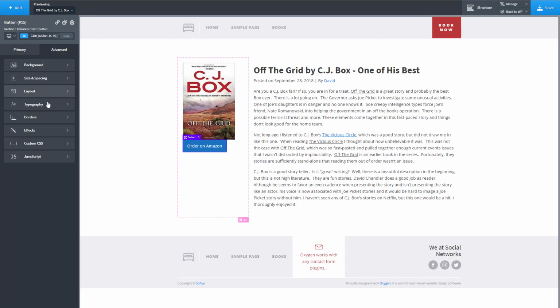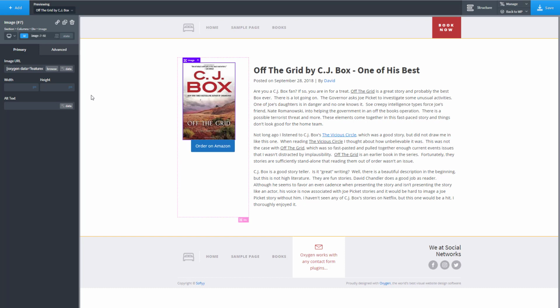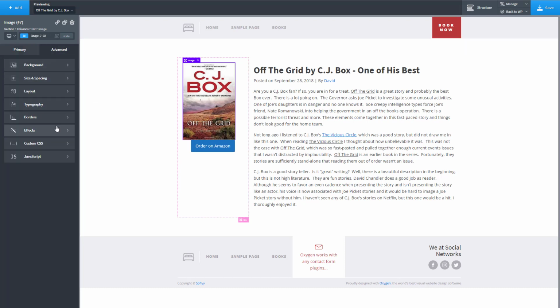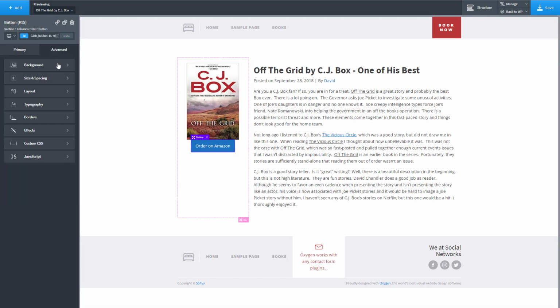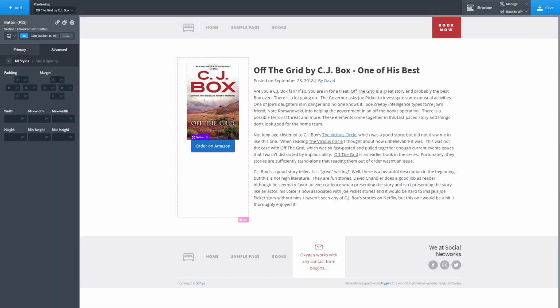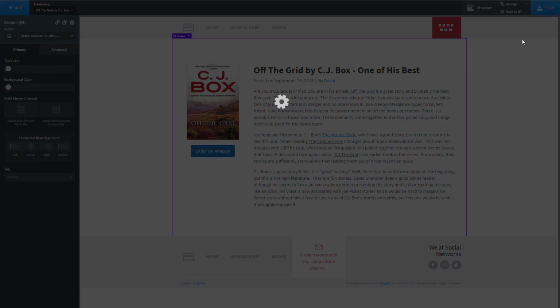Here are some of the styling and layout options. Let's center that. We'll center the book image as well. Let's put a margin on top. Okay, so there's our single book. Let's save it